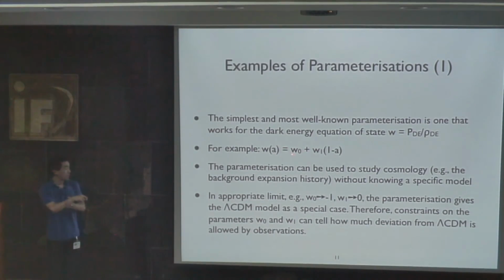So here you have two parameters, W0 and W1, that describe the time evolution of the equation of state parameter. So unlike lambda, this is no longer -1. This can be deviating from -1. But of course, if you choose W0 to be -1 and W1 to be 0, then this will go back to lambda CDM, which is nice because this means that this parameterization has a proper lambda CDM limit. And by constraining these two parameters, W0 and W1, you can say, okay, these two parameters cannot deviate from -1, 0 significantly. So that means that the reality cannot be too far from a lambda.